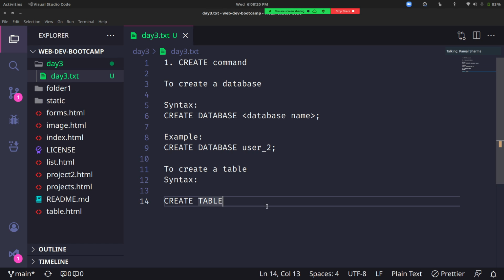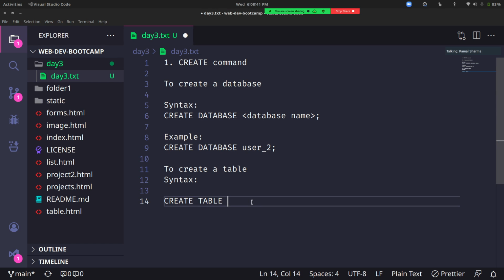But SQL will work even if everything is in lowercase for the SQL keywords. For database names and all, you have to type them as they are. If it is in small, you have to type in small only. But the SQL keywords you can interchange, uppercase or lowercase.